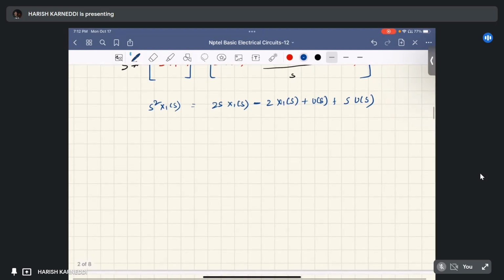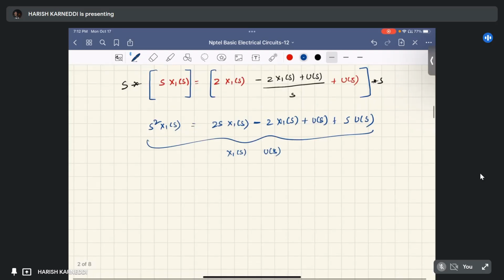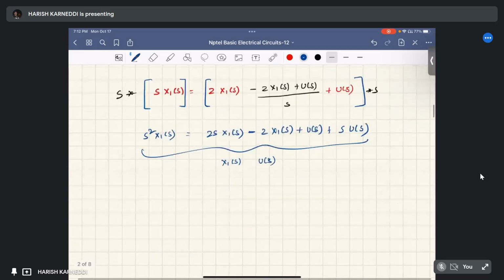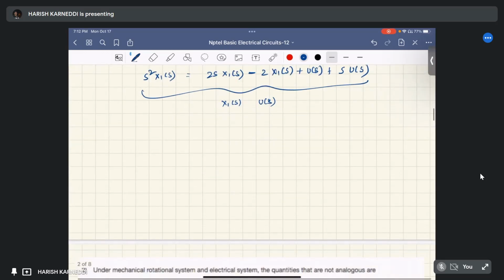The whole function, the equation, these are two variables: x1 of s and u of s. However, we have equation 3, which relates y of s and x1 of s. So we can represent x1 of s in terms of u of s, and we are going to substitute in this. So we can write